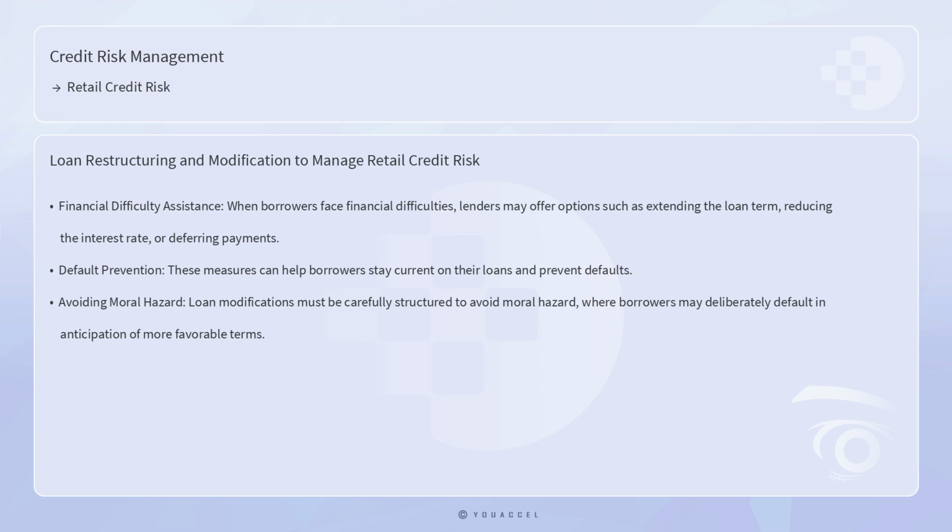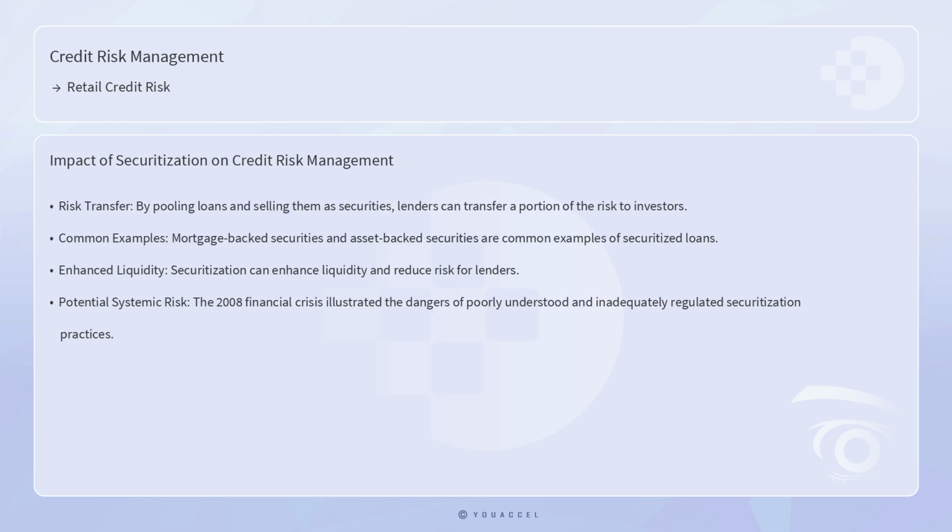Loan restructuring and modification are additional tools used to manage retail credit risk. When borrowers face financial difficulties, lenders may offer options such as extending the loan term, reducing the interest rate, or deferring payments. These measures can help borrowers stay current on their loans and prevent defaults. However, loan modifications must be carefully structured to avoid moral hazard, where borrowers may deliberately default in anticipation of more favorable terms. Securitization of retail loans is another